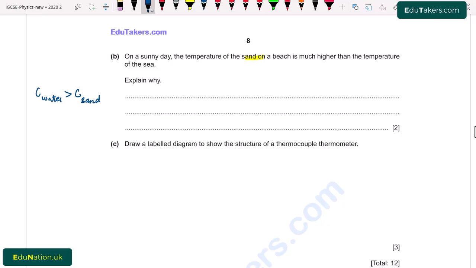This means that water requires more energy to be heated, and since on a beach the same rate of energy is supplied to sand and sea, that's why the temperature of sand on a beach is much higher than the temperature of the sea. So I write here